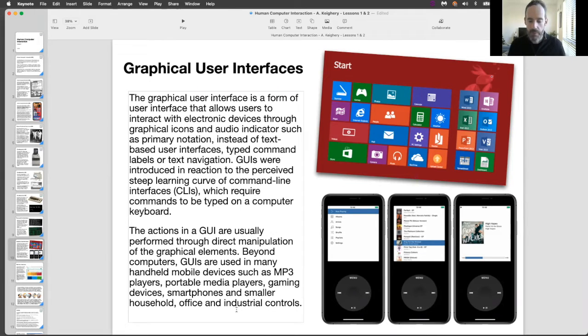interfaces. So they have some sort of a menu system, and you need to go in and you find what you're looking for. A washing machine could have a screen, or it could have a series of dials, and you twist the dials to get to the program that you want. So remember, it's not just computers and phones and that sort of stuff. So if you think of all the items